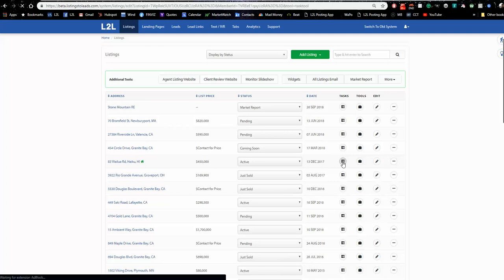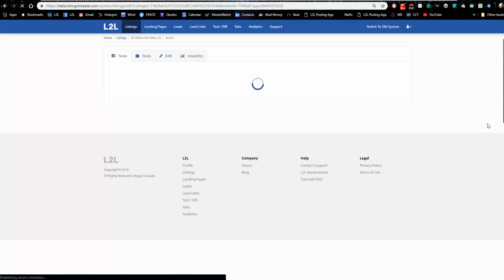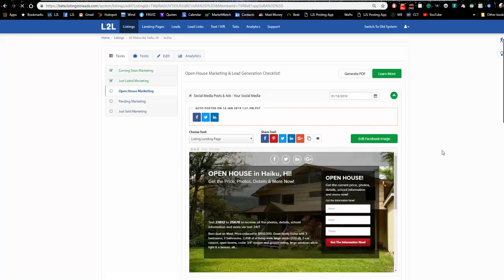For us, we focus on building tools that capture leads. That's what we do. The trick is to get those tools in front of people. And the place where we see that happening the most is Facebook. And you may think it's blown out. You may think it's over. You may think there's people just competing with you all over the place. But every day in our mastermind group, I've got some agent somewhere saying, we just crushed it with your tool,